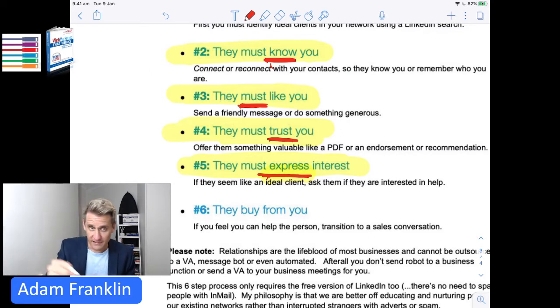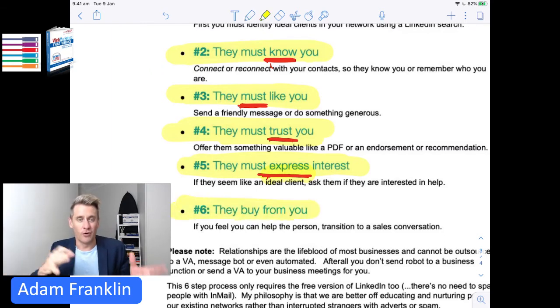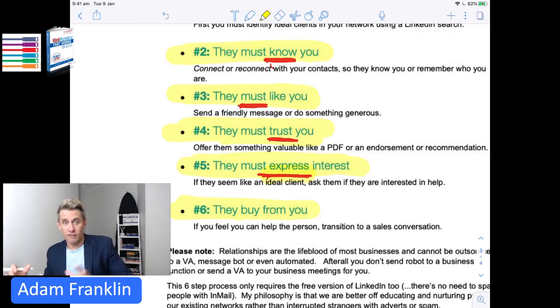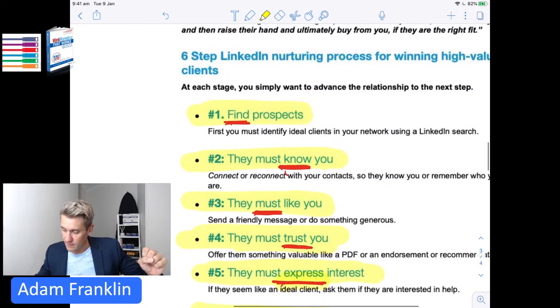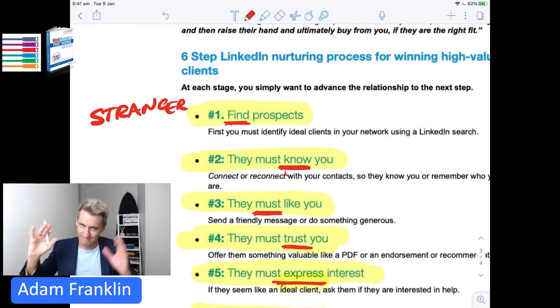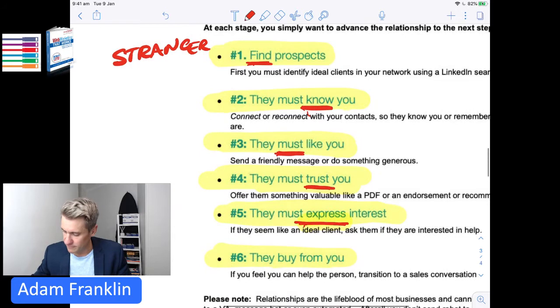So that then leads us to the 6th step, which is where they buy from you or at least enter into a sales conversation with you. If you can then transition to a sales conversation from them demonstrating their interest, that's how we go from a stranger on the internet, step 1, finding the right prospects. We'll start with them being a stranger, or at least somebody who we haven't had that much to do with over the course of your LinkedIn relationship, all the way through to a high value